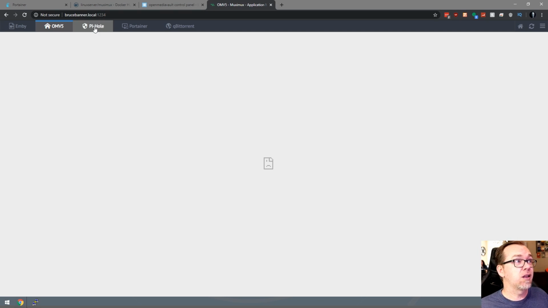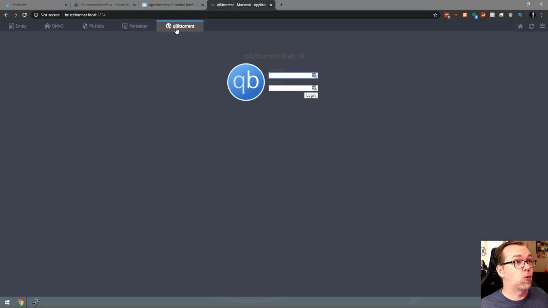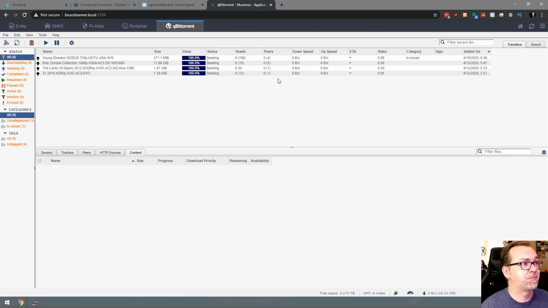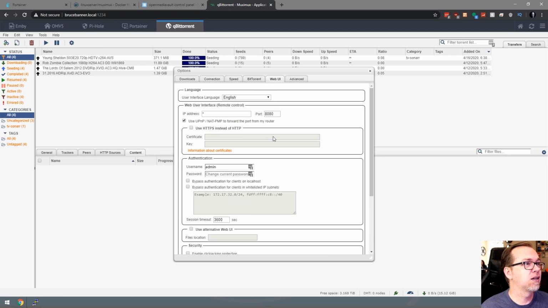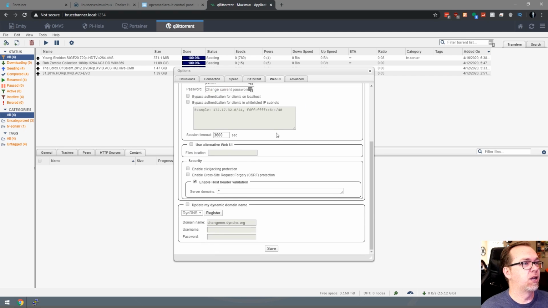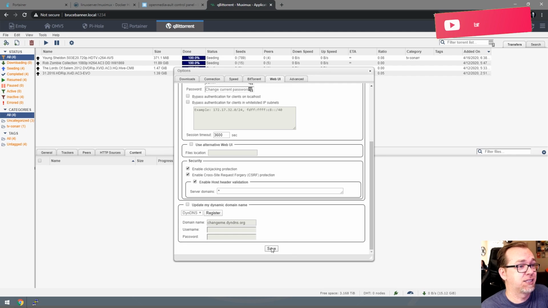So if we come over to Pi-hole, same issue there. Portainer, that one works, that's awesome, glad to see that. QBitTorrent also works, but there's a caveat to that, and I want to show you that caveat. So I'm going to get logged in here. If we go over here to tools and options, there we go. So what you want to do is go to tools and options. You're going to go to the web UI, and you've probably got one or both of those enabled right now. So if I click on save there,